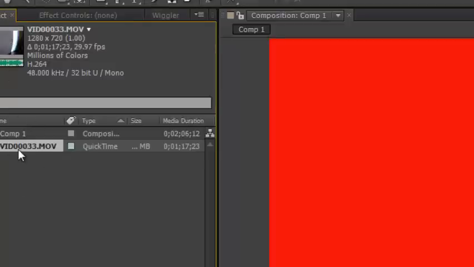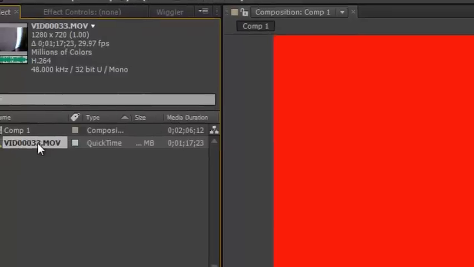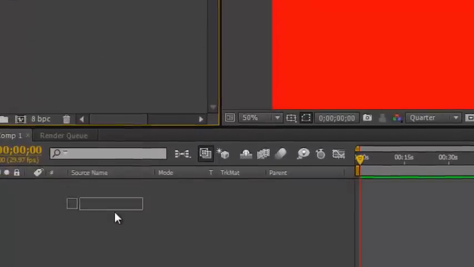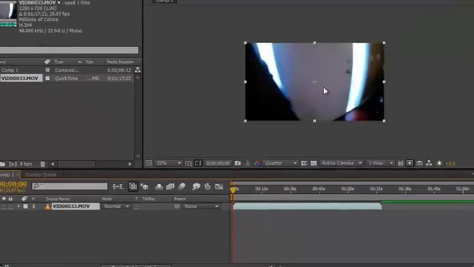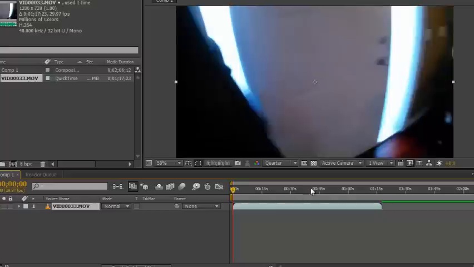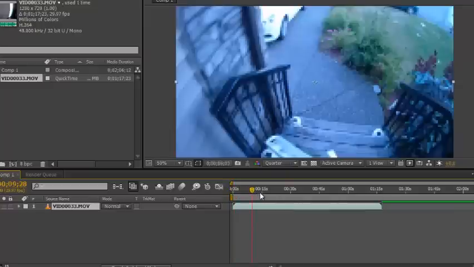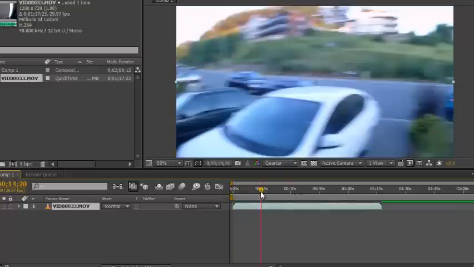What we're going to do is we're going to just drag it into the timeline. So what you do to drag is you click and hold on the composition and you drag it down, and then it imports into your project timeline. So the footage that we have here is basically me using a helmet cam, and we're doing a first person like setting where I have a Wii gun here,